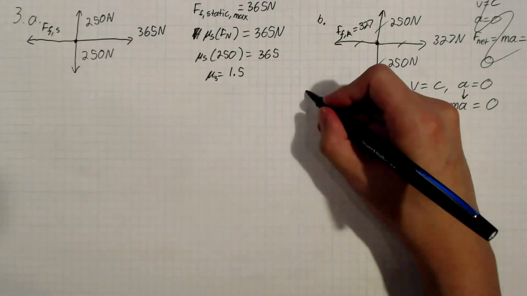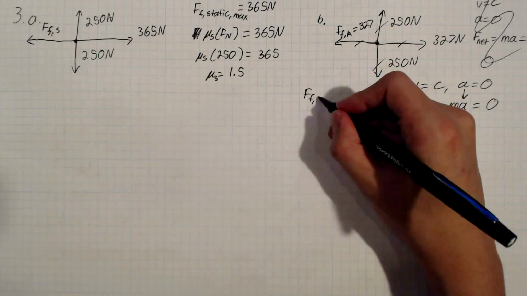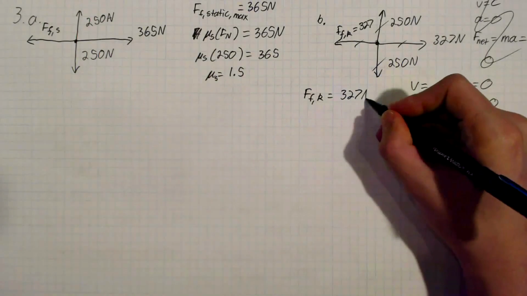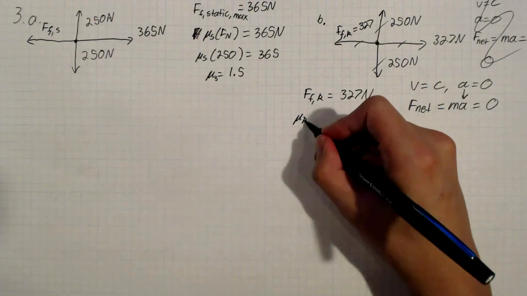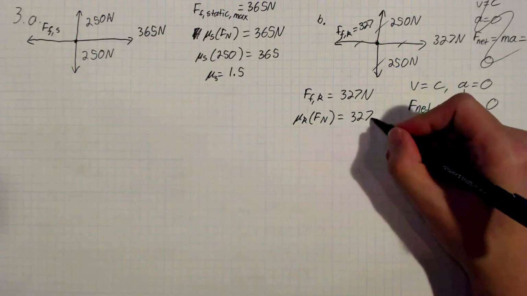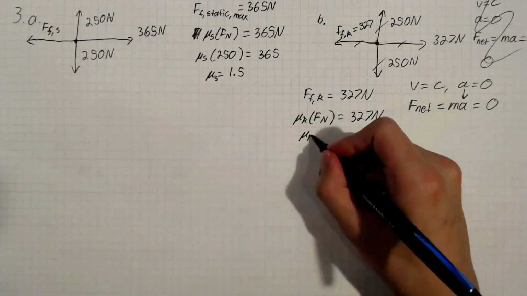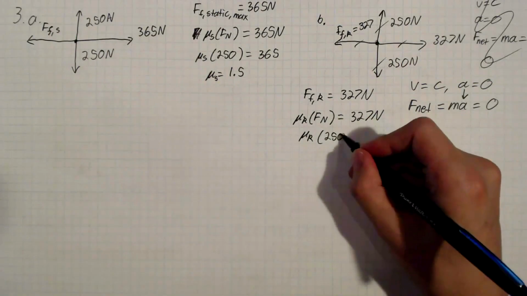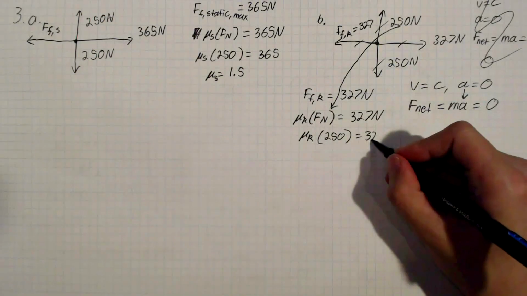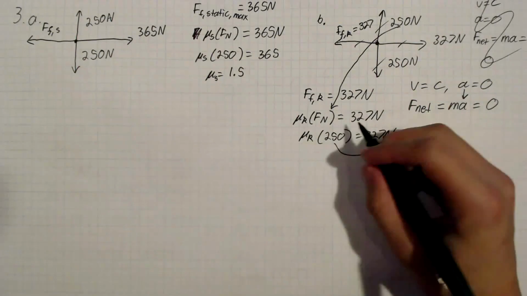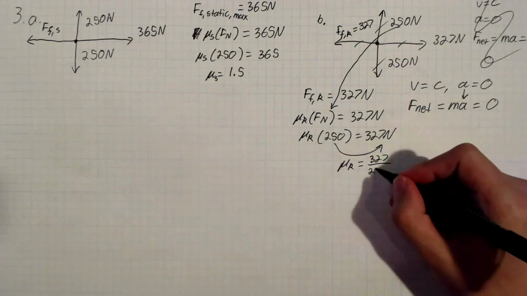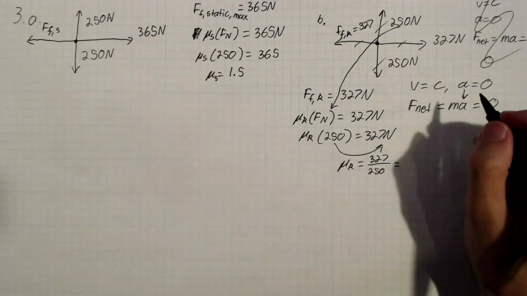So our force of kinetic friction has to be equal to our applied force. So our kinetic coefficient of friction times our normal force has to be equal to our applied force. And since we're looking for our coefficient of friction, we just plug the normal force in. Divide this over, and we get that our kinetic coefficient of friction equals 327 over 250, which equals